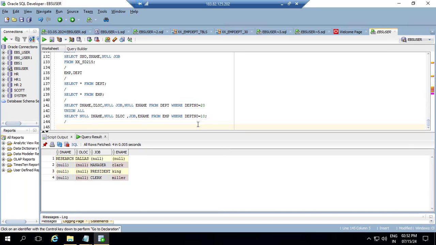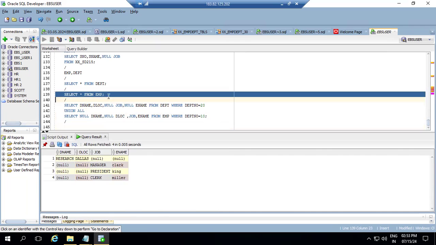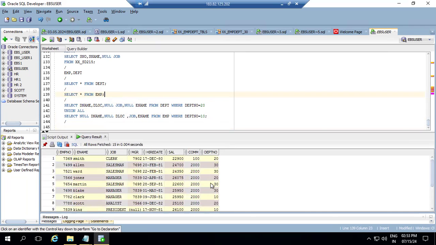My requirement is, this is our EMP table. In our EMP table, we have department number 10, department number 30, department number 20. I want to get two records, two